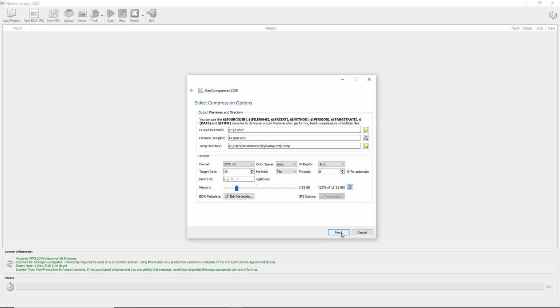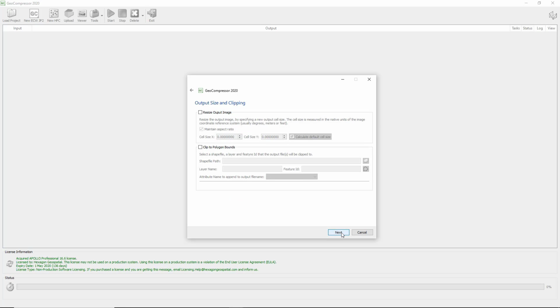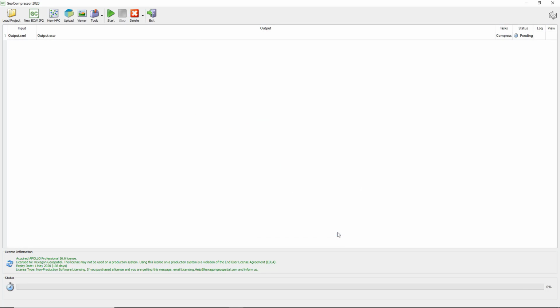So I'll leave this as is and click next. Also, the opacity channel can be chosen, but I will leave this as well default. You can resize the output image or clip it, which I will not do today. And that's it. I can review all my settings and then choose finish,